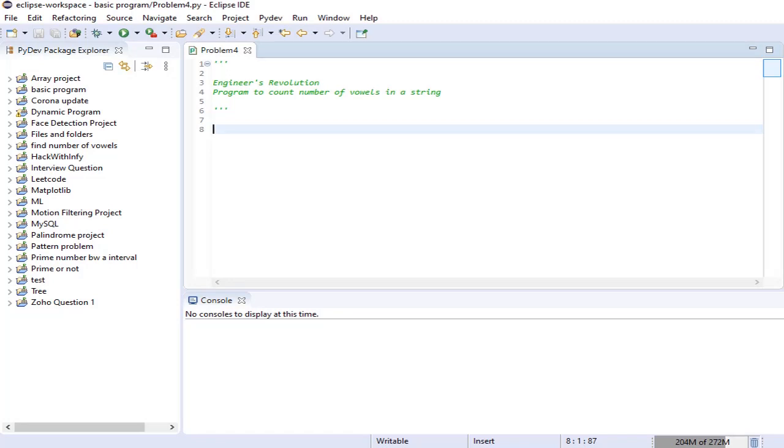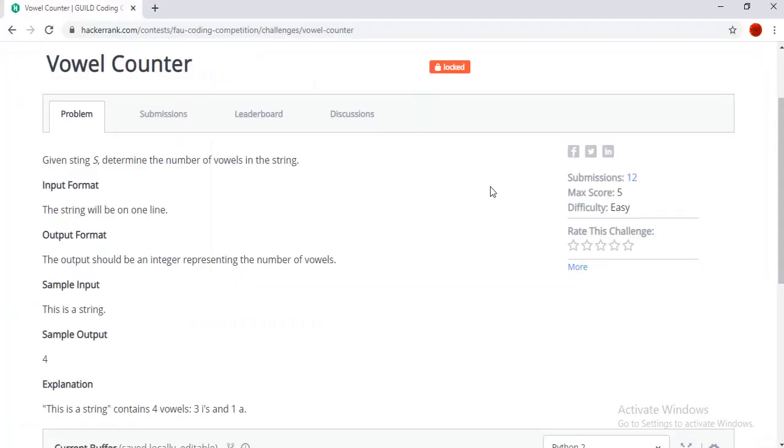In this video, I'm going to help you solve a hackathon problem presented in our TCS Explorer course. Let's quickly get into the problem statement now. The problem statement here is to determine the number of vowels in the string. Let me explain both the input format and the output format now.